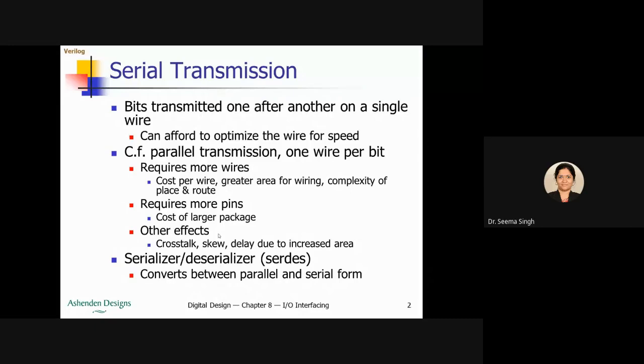And also, when we talked about various real-time effects, real-time circuit problems, we saw that when many wires work together, we will have crosstalk, and if you do not get enough space in your embedded system, there may be skew also, and because the area is more, there may be delay because of the area also. These are other effects. So if you are given a question of comparison of serial transmission and parallel transmission: serial transmission is simple but speed is less, and otherwise it is advantageous. Parallel transmission has only one advantage, speed, but there are so many disadvantages.